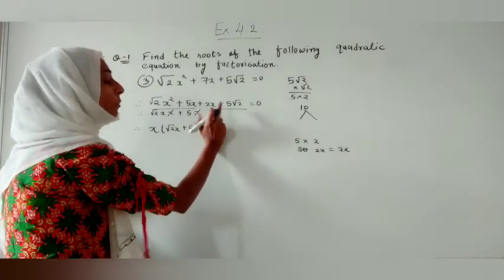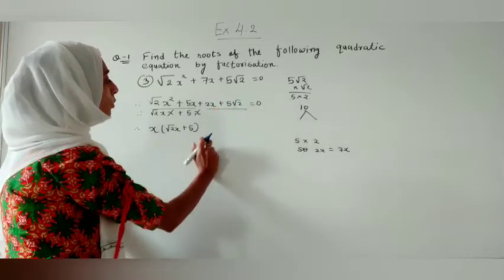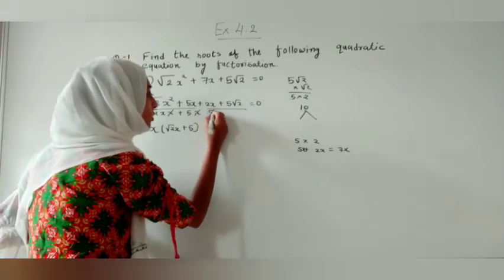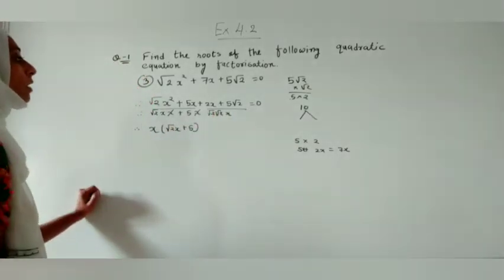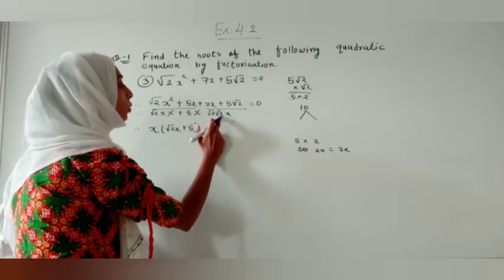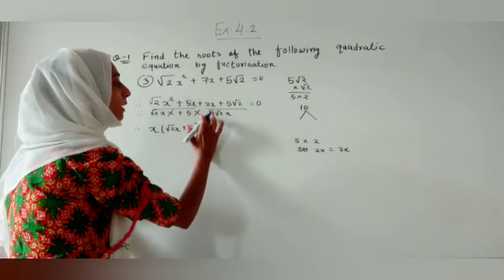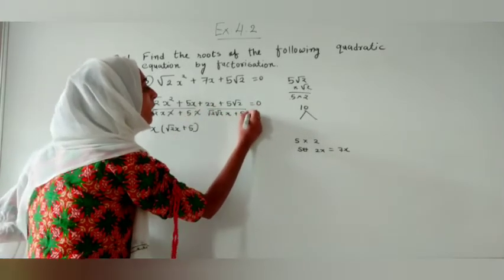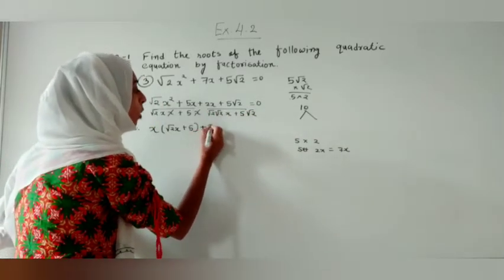यहाँ कोई चीज कॉमन दिखाई नहीं दे रही है विजिबली, that is 5 and that is under root 2 and that is 2, but we will make this 2 as under root 2 into under root 2. When we are doing under root 2 into under root 2 we are getting 2. तो 2 का another form हमने इस फॉर्म में लिखा ताकि हमें दोनों में under root 2 दिखे और वो हम कॉमन निकाल सके.